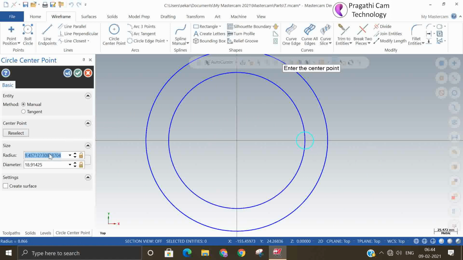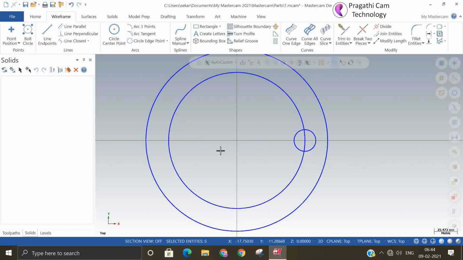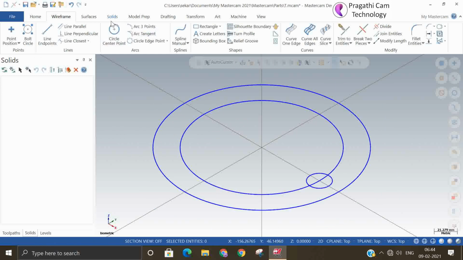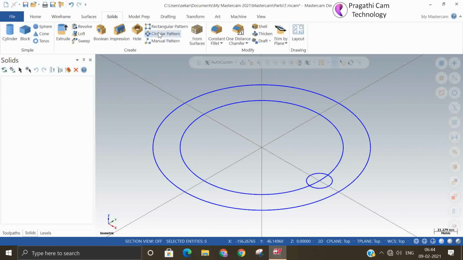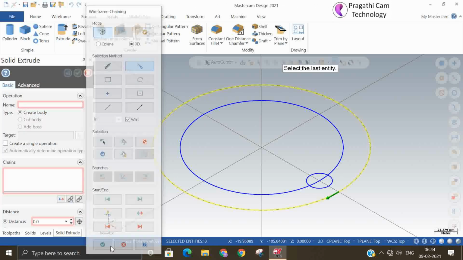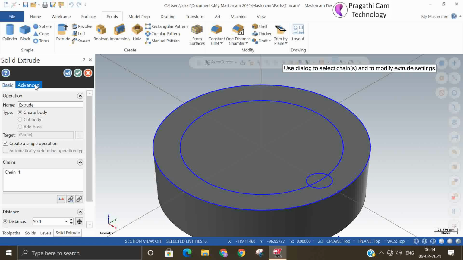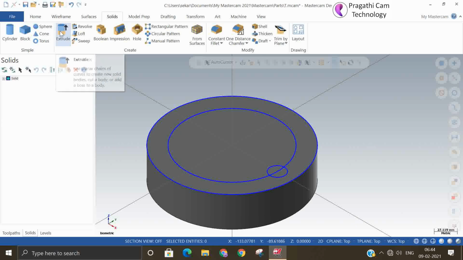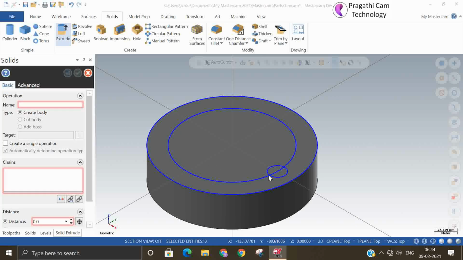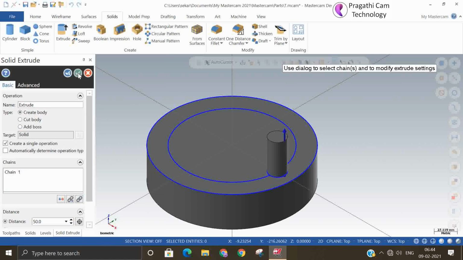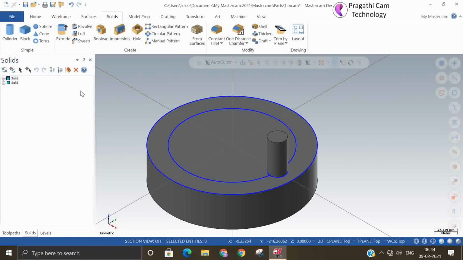So I made one circle here. So first we will see the circular pattern. Then we will go for the rectangular pattern. So first we will make a base feature as a rectangle. Without the base feature it will not work. Okay, a base feature is important. So now I will make solid extrude this small one. I made create body now.